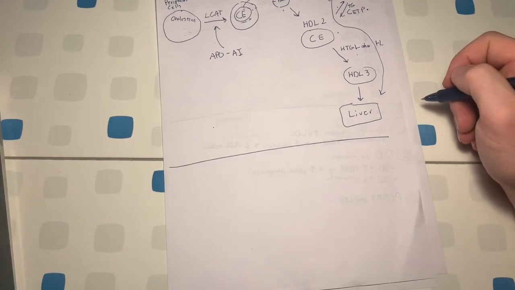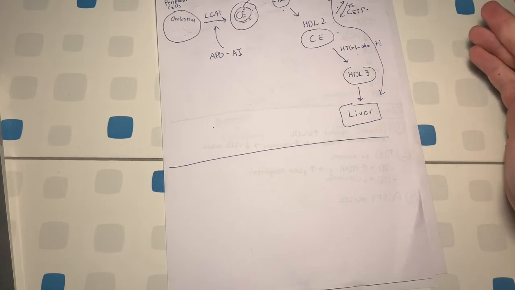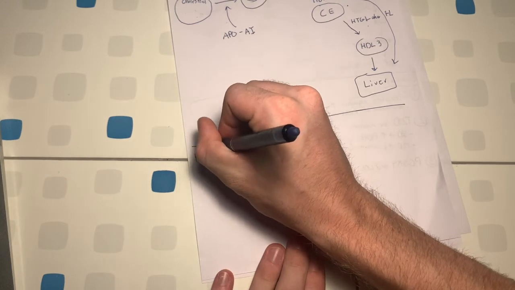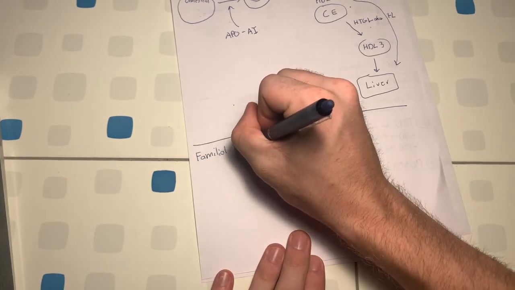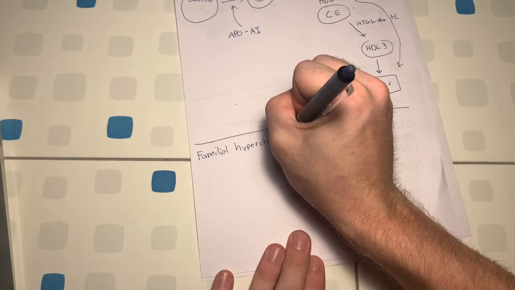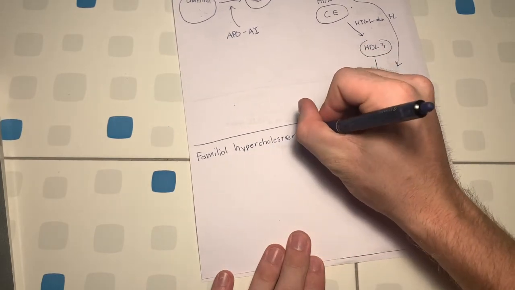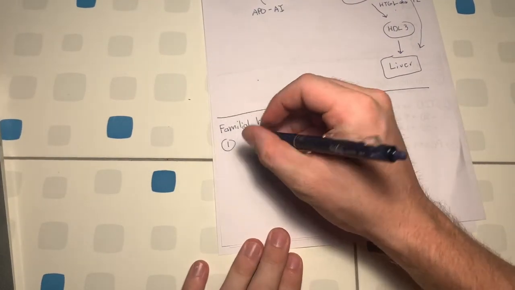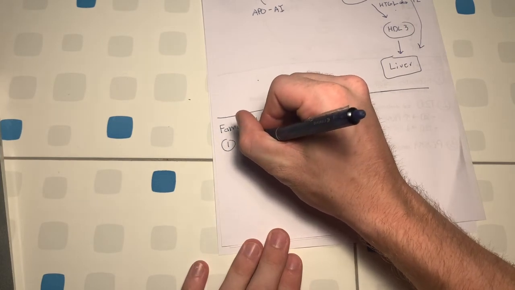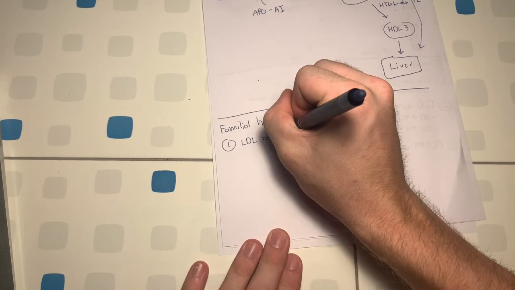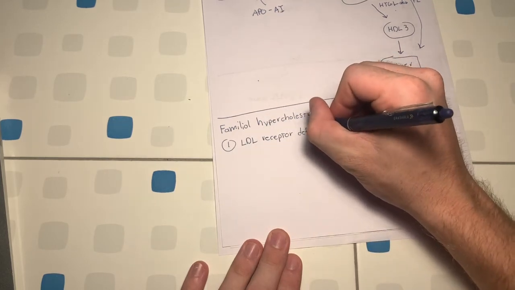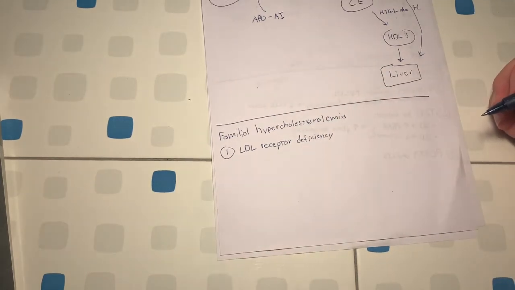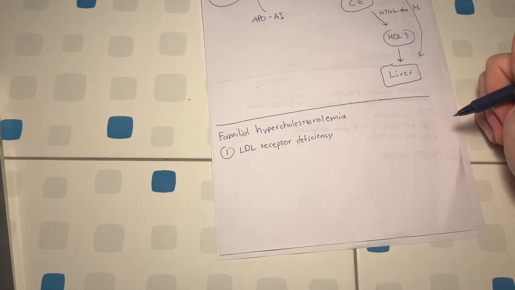Now I'm going to finish today's video by talking about the three proteins that are associated with familial hypercholesterolemia. Now the first is going to be an absent or defective LDL receptor, or an LDL receptor deficiency. Now we can see how this would lead to high levels of blood cholesterol,